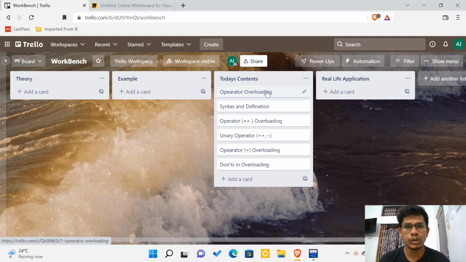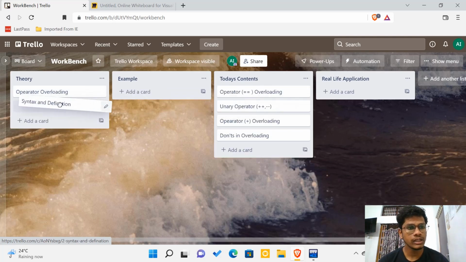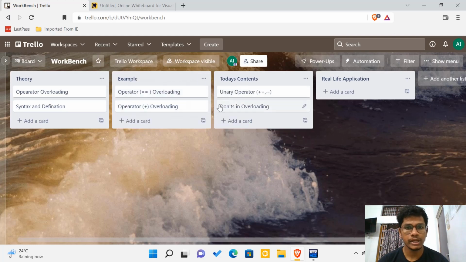Excel was a bit too old and not so creative. So first, operator overloading will be my theory part. What is meant by operator and what is meant by overloading concept, why the overloading concept has arisen, that will be discussed in theory. After that, syntax and definition will be in the theory part itself, and whatever the operator overloading, that is the plus operator and double equals operator and